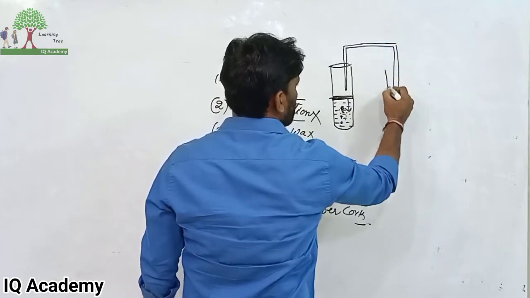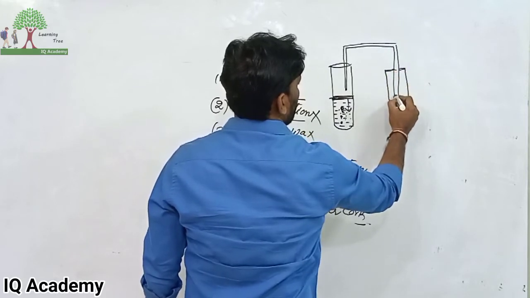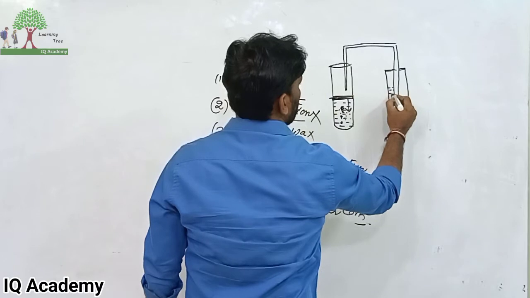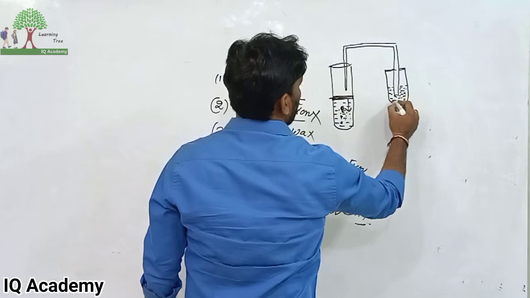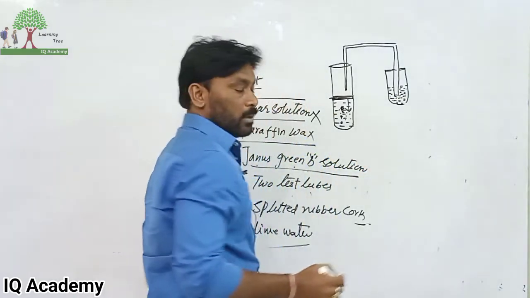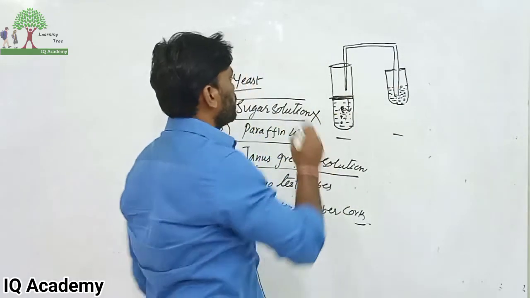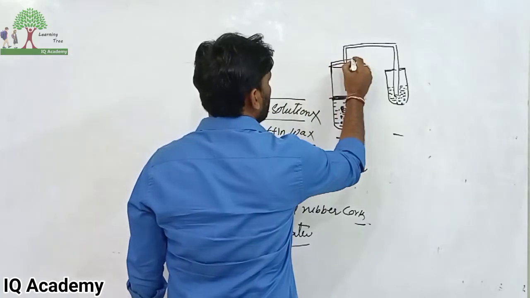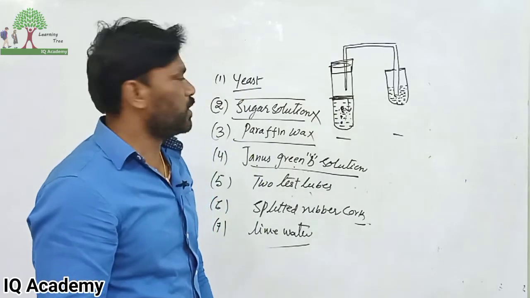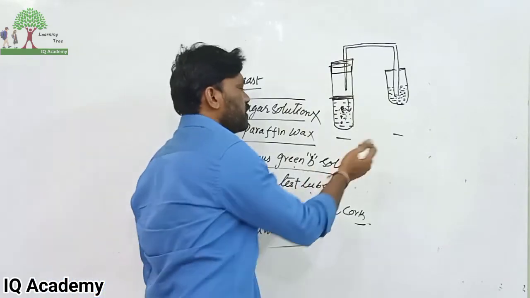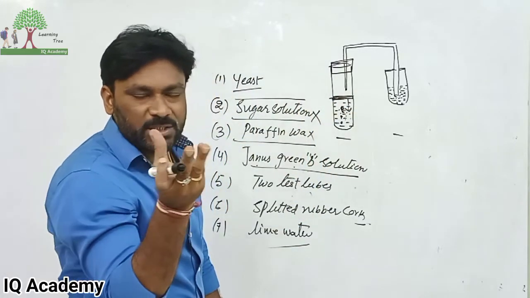And this has to be inserted in another test tube which consists of lime water. So this is the arrangement of the experiment, and with the rubber cork we tighten the rubber cork. Understood now? Now if you keep this apparatus for 1 day, the yeast present in the sugar solution multiplies and